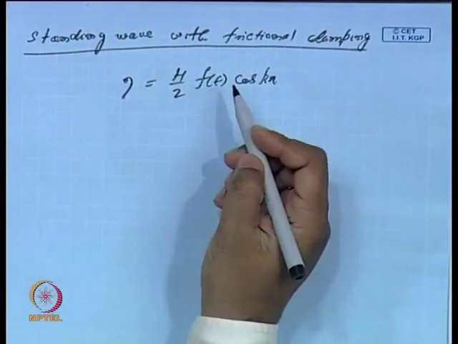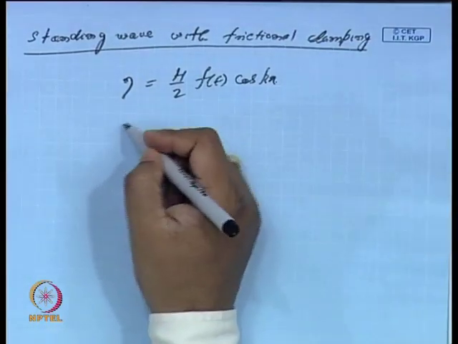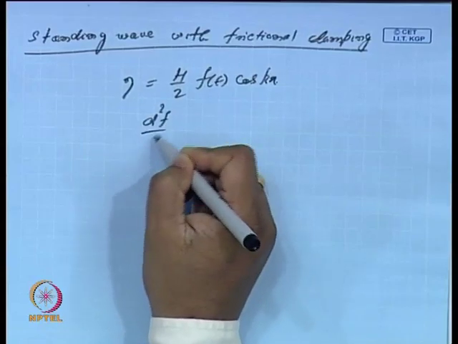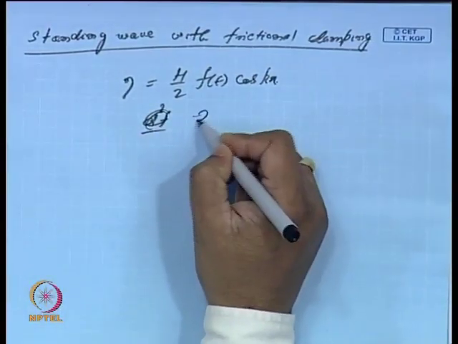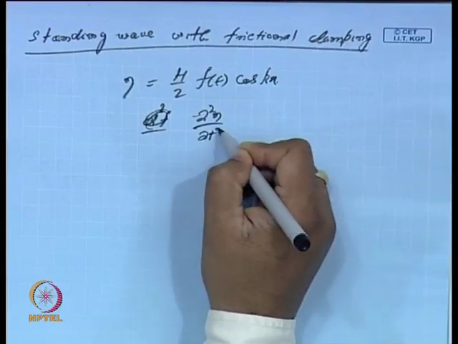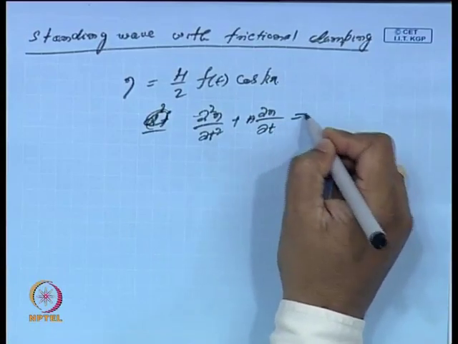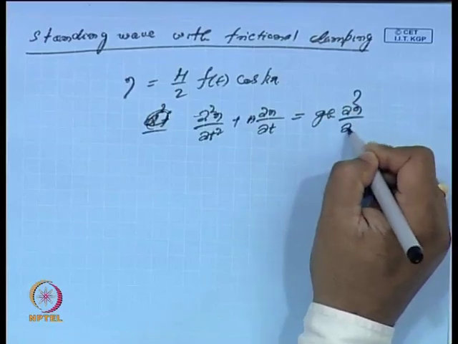If I substitute this in the equation of motion with bottom friction, from my original equation del square eta by del t square plus a del eta by del t is equal to gh into del square eta by del x square,